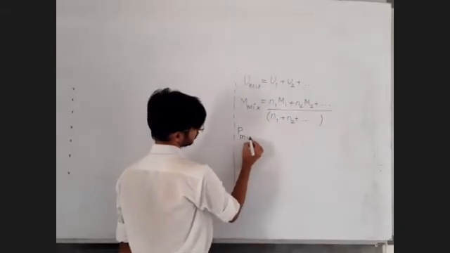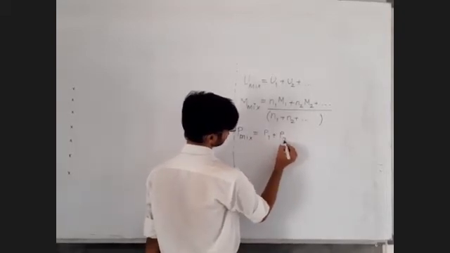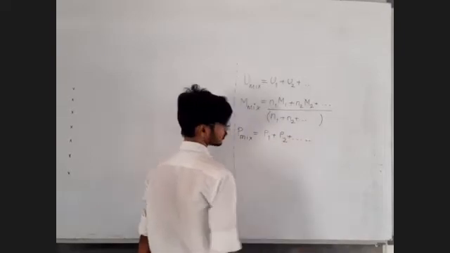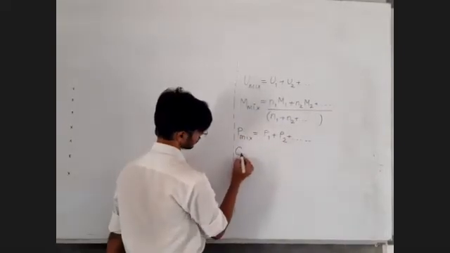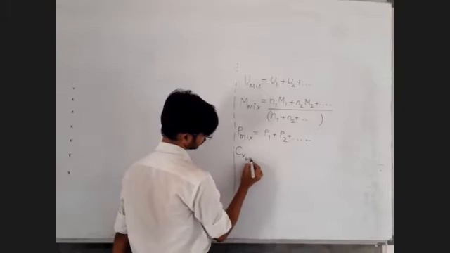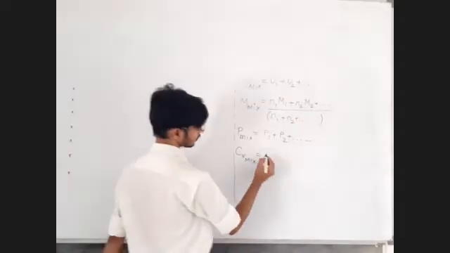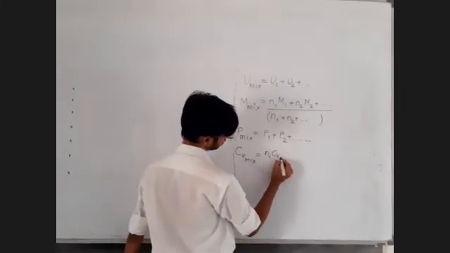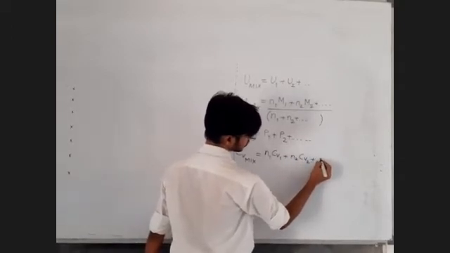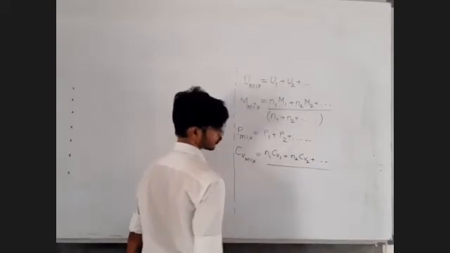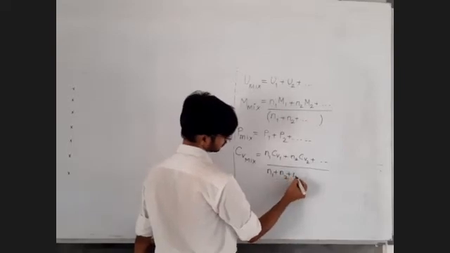Pressure of a mixture, this we already know, this we have derived as well. It is partial pressure of first gas plus partial pressure of second gas and so on up to the nth component that we have already written. Then specific heat at constant volume, CV of mixture. It is also similar to this, N1 CV1 plus N2 CV2 plus so on up to the nth gas, divided by N1 plus N2 plus N3 and so on.